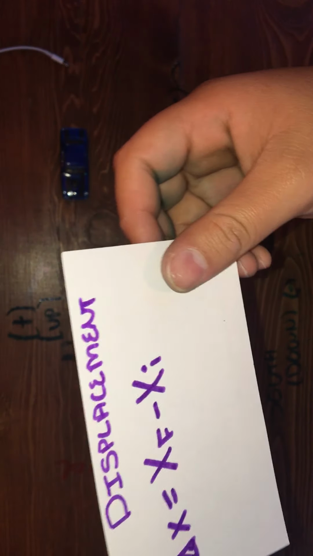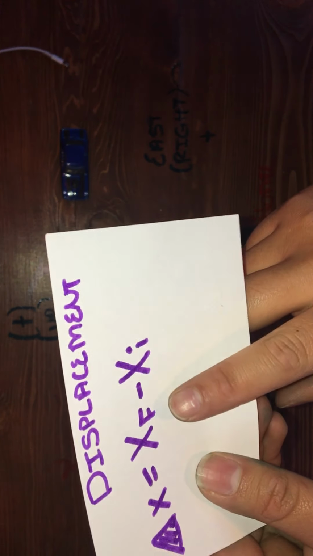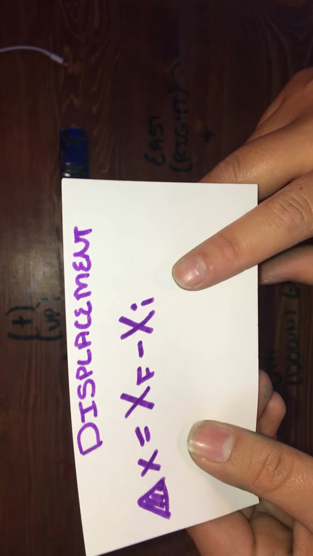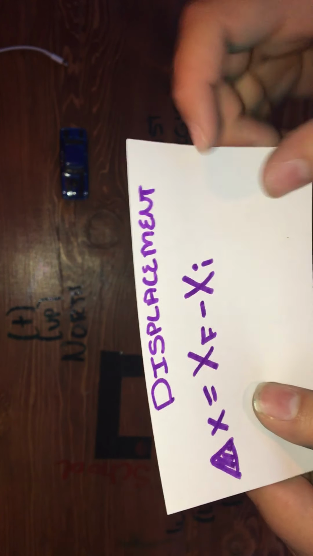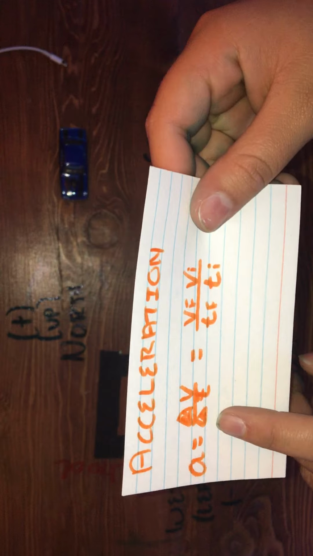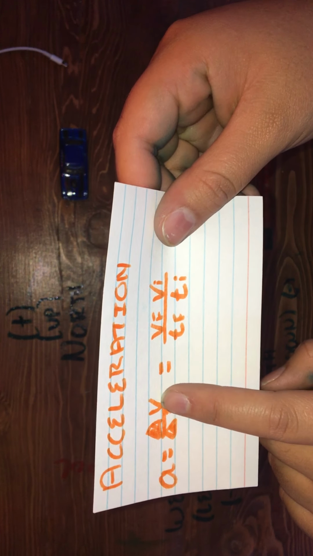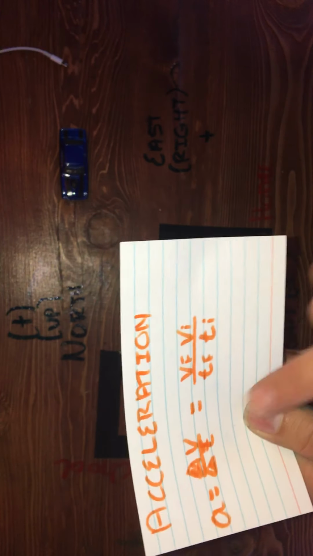Other one, displacement. Delta x is equal to position final minus position initial. Change in position. Should always remember that. The last one I'm going to cover is acceleration. Acceleration is equal to change of velocity divided by change in time, which is also equal to change of